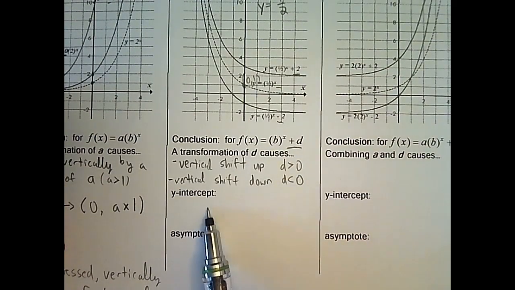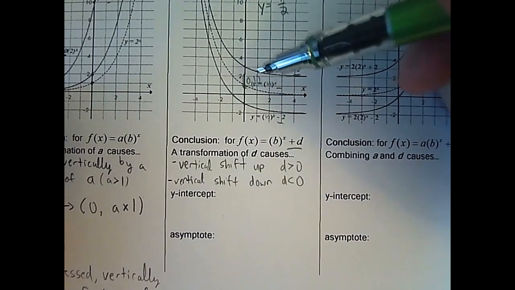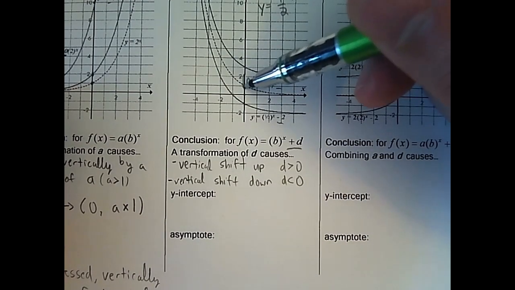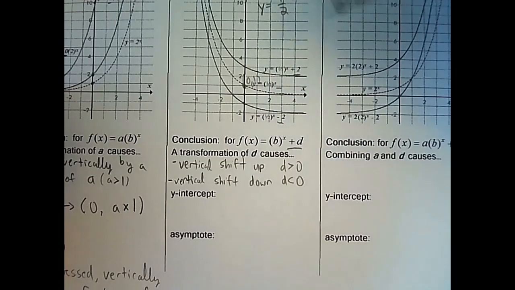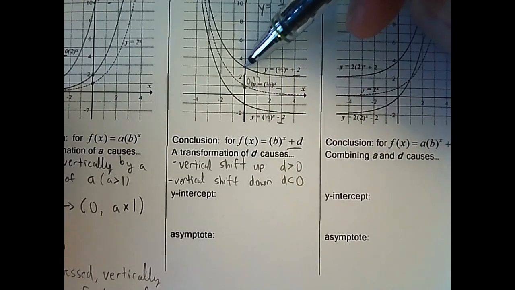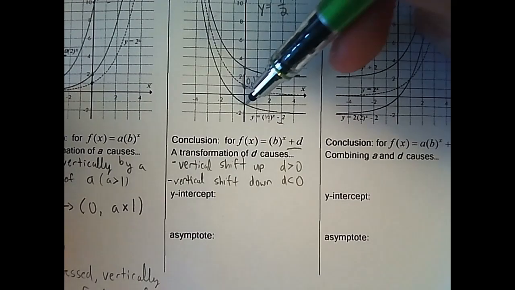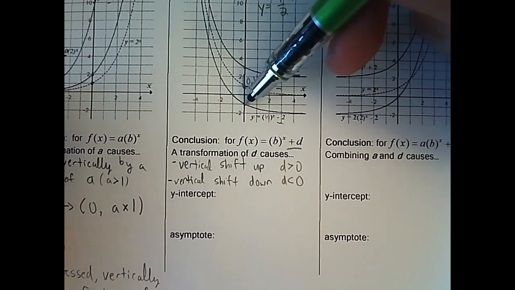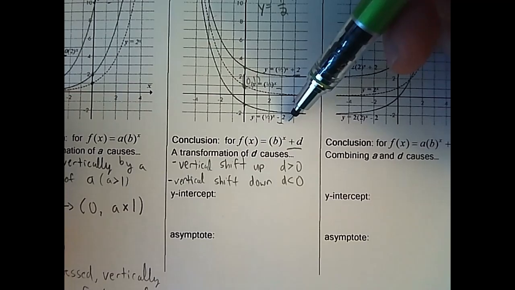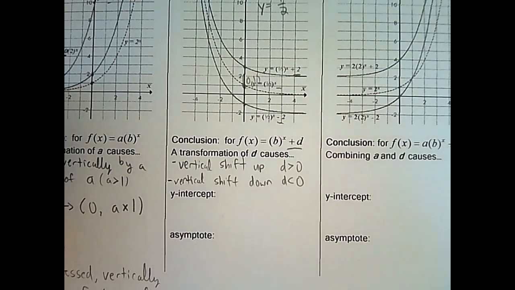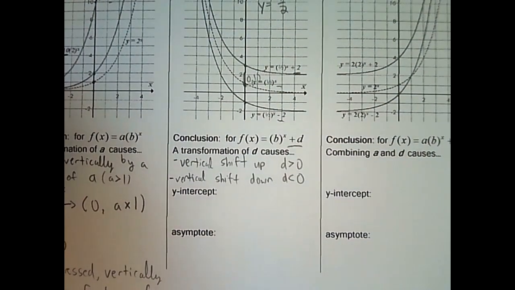Notice our y-intercept. Our y-intercept is 0 here, and our d value is 0. The y-intercept here is 3, and our d value is 2. Here we have -1 as our y-intercept, when our d value here is -2. So the y-intercept,